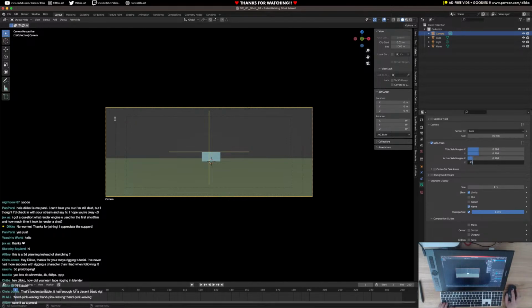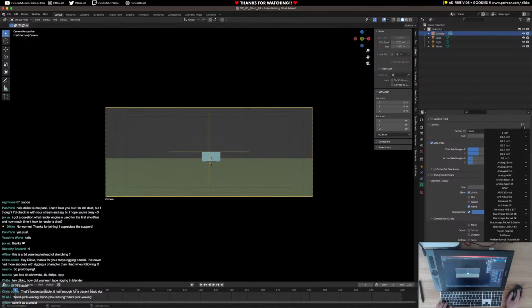And this will give us an idea of where I can safely put the action in the scene. And then I think I even set that, oh yeah, it's pretty cool. We got actual, that's what I was probably looking for, the sensor size for all this sort of stuff. Anyway,